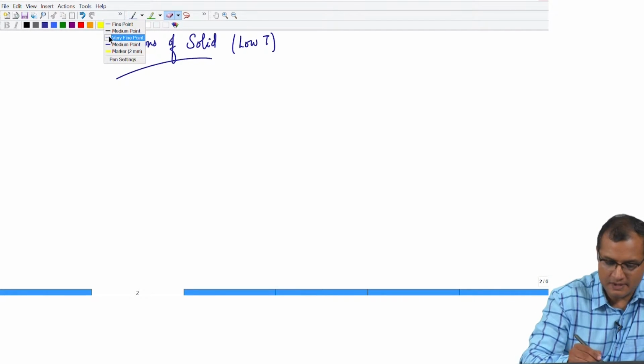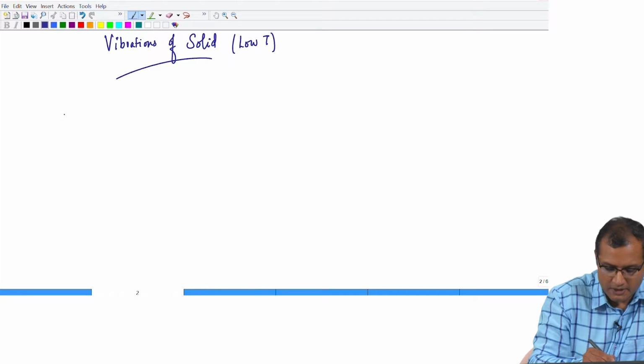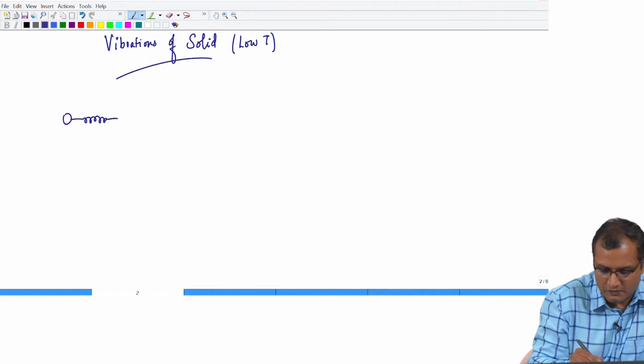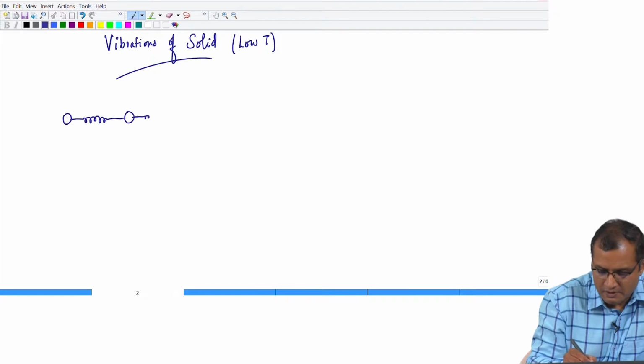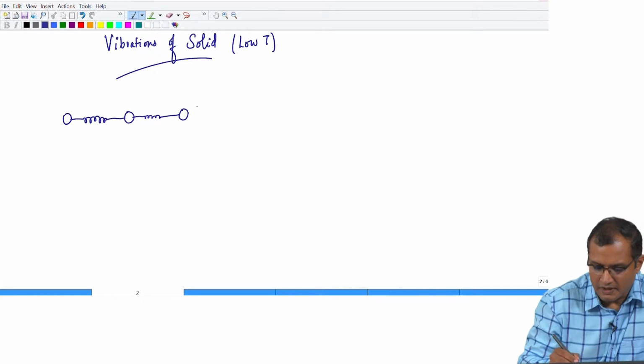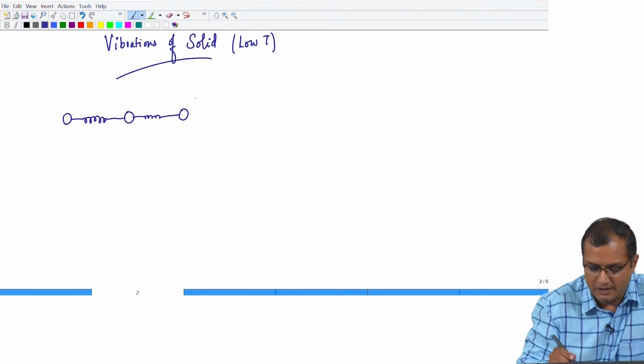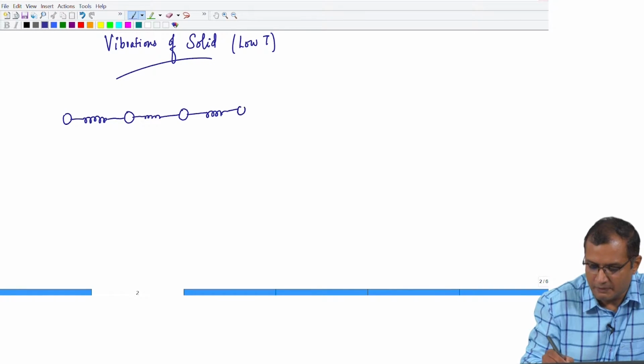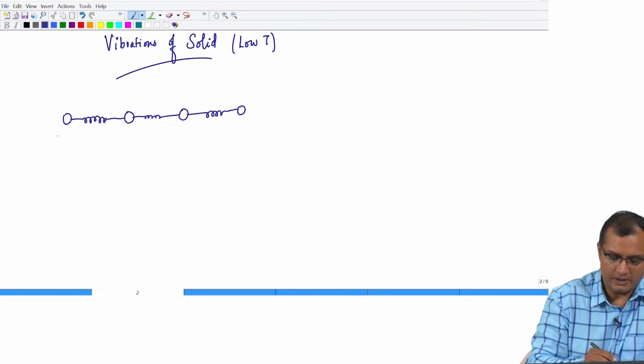I am showing ions in one dimension. So, let us say the interaction is modeled in terms of a Hookean spring whose spring constant is given by the second derivative of the interaction energy. We will discuss all that, but just to illustrate the point I am showing ions here